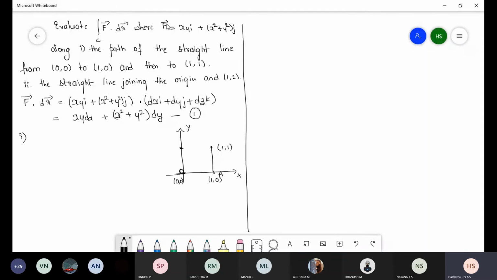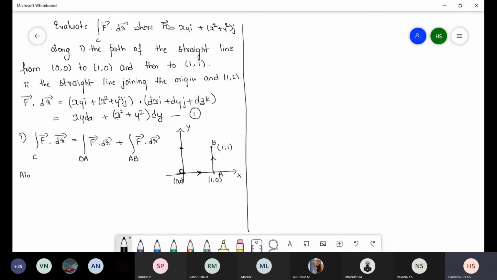Next, first problem. Here I will write this curve as B. First, the given problem is the integral over the curve C of vector f dot vector dr. In this direction you have to write O to A, it will go like this, A to B, it will go like this. Now the first curve O to A, vector f dot vector dr, and the second curve A to B, vector f dot vector dr.